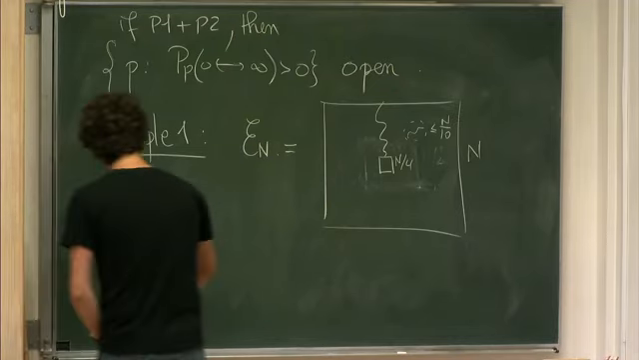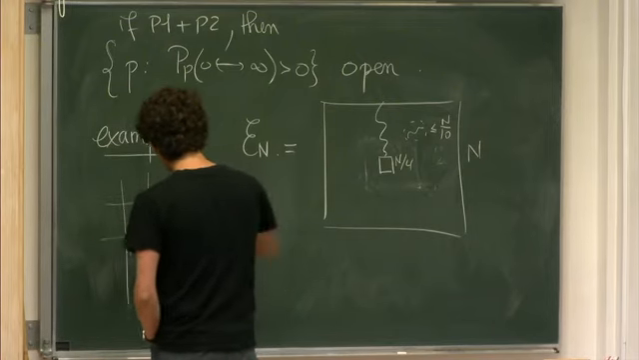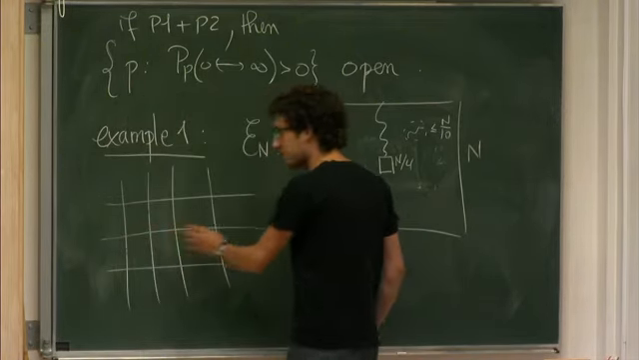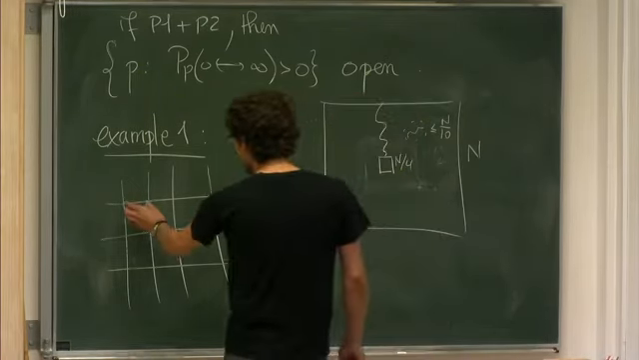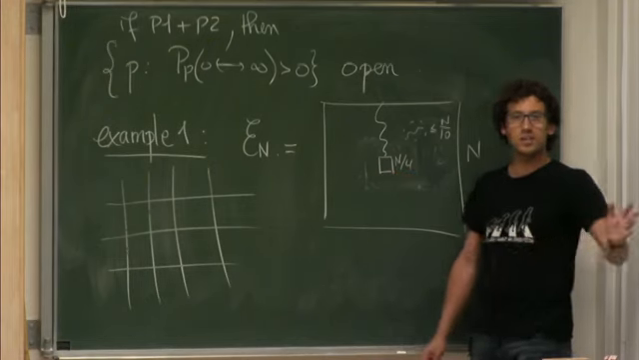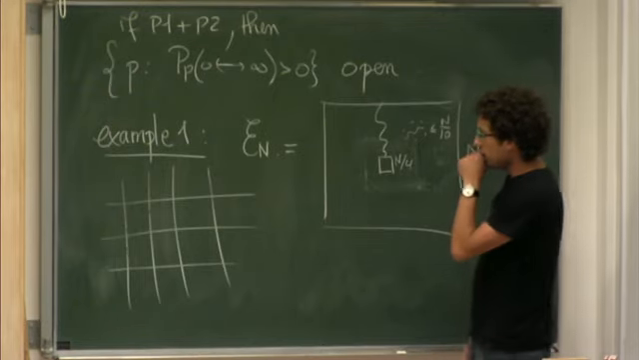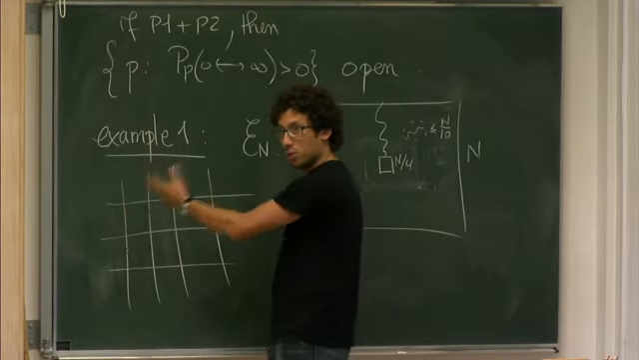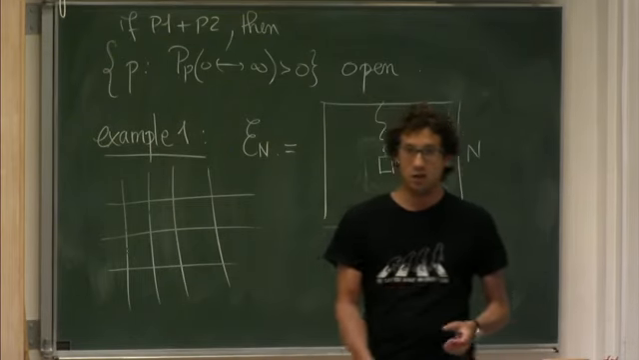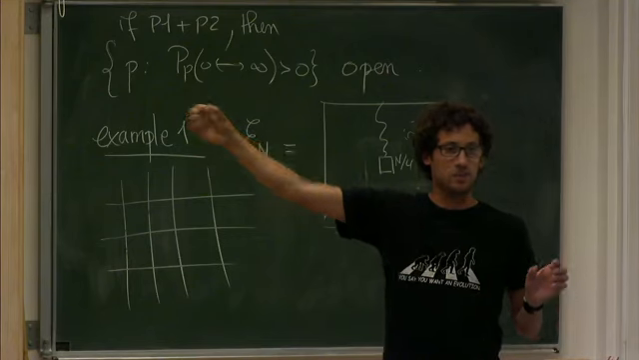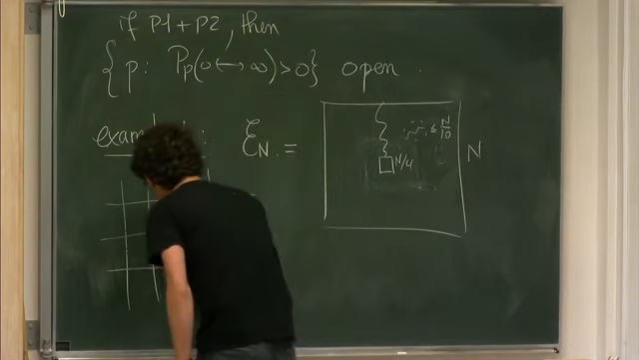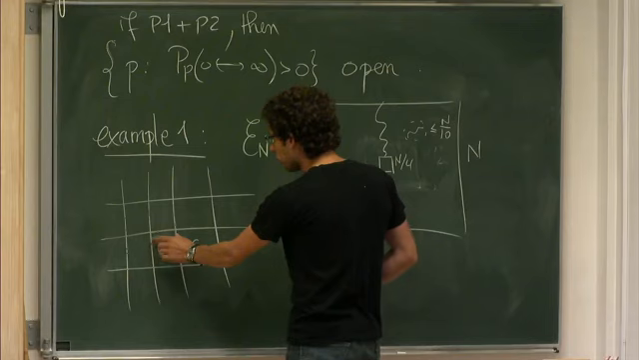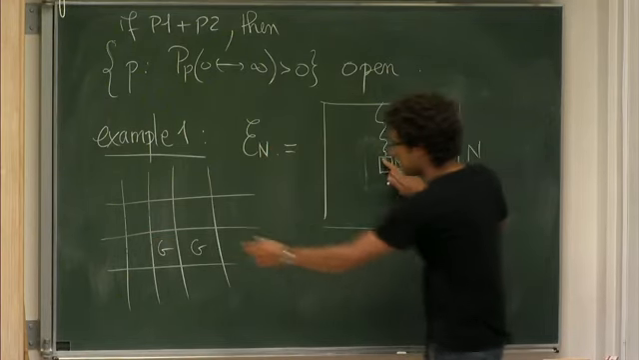You would just take your graph and patch it with boxes of size n over 4. And now you are going to say a box of size n over 4 is good if this event occurs around it, and otherwise I say it's bad. Now I have a random configuration of good boxes and bad boxes. Notice that if I have a path of good boxes, a path of neighboring good boxes,